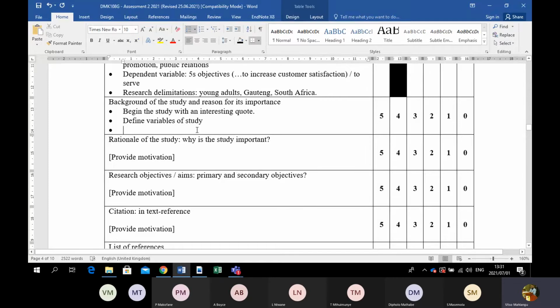There's also more guidelines where they talk about the 6 elements, but the one that I know is important, which comes to background, is that you have to show previous research regarding this. So previous research will include, if your study is about customer satisfaction, what are the other studies saying about customer satisfaction? So here it will be something such as,